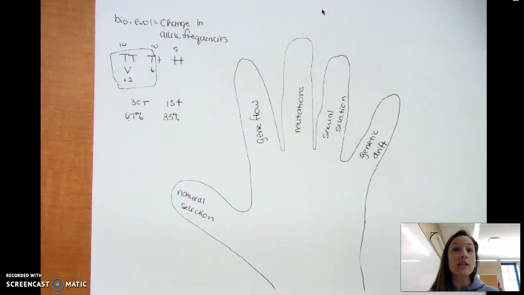So it's not enough just to move there. You've got to move there and reproduce there in order for your genes to become a part of that population's gene pool. Okay? So that's what gene flow is. It's the movement of alleles or genes when an organism moves from one population to another. How does it change allele frequencies? Well, if you had